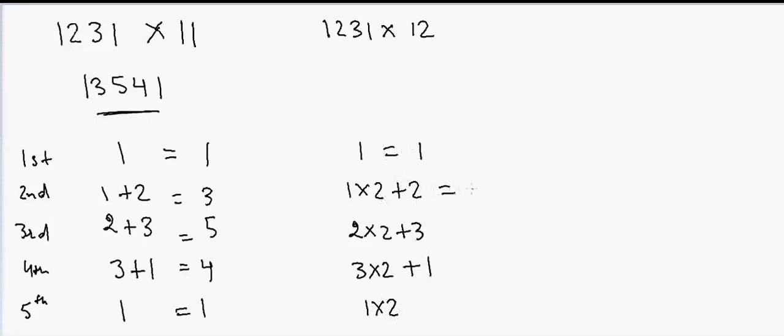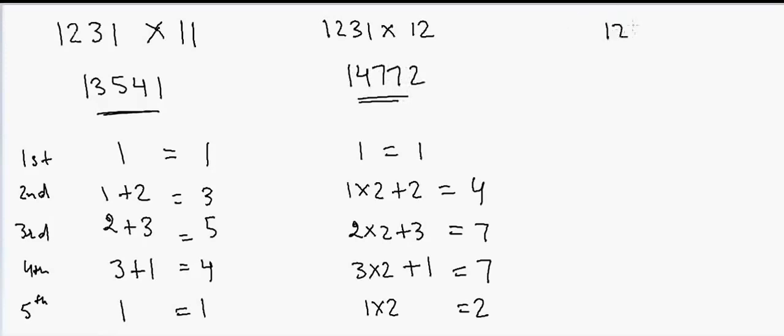So that will give me 4. This will give me 7, 7, 2. So the answer is 14772. Again, if I have to multiply by 13, then the answer will be equal to 1 1